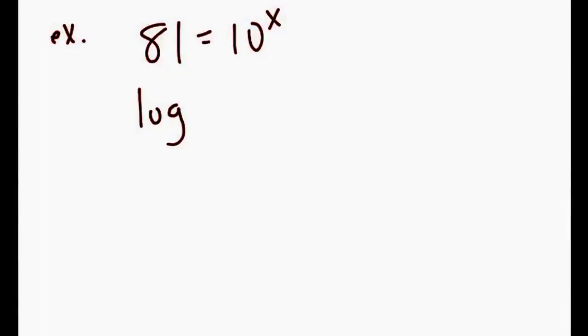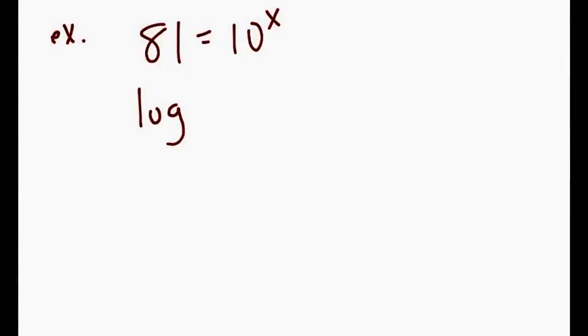So let's try one now where if I give it to you in exponent form, if I gave you 81 equals 10 to the x. So the question is, how do we solve that? So we can't make the bases the same. That's no good. So now what we want to do is switch it back into a log form. So if we use that old formula, and it's good to have the formula sheet handy because you can always switch back to it, we want to change 81 equals 10 to the x, change it to a